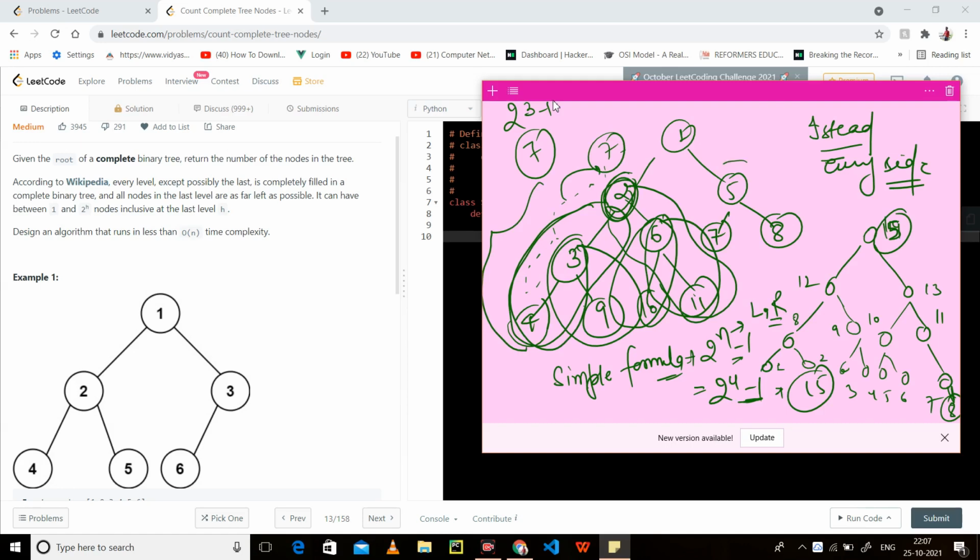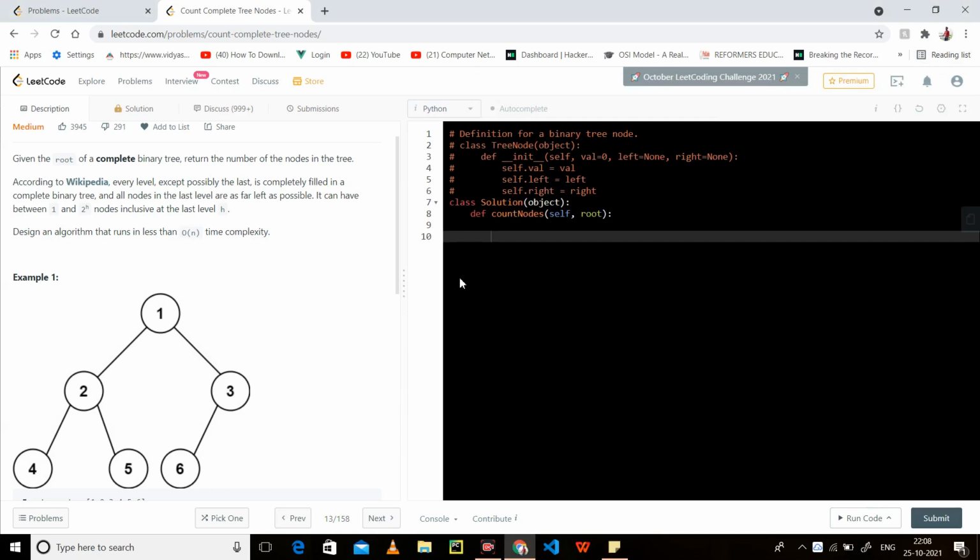We have to traverse just this one, and in this case as well, this is left, this is right. When you come here, you can see that these two are equal, so you simply return 3, because 2 to the power 2 minus 1 is 3. Then 3 plus 7 plus 1 will be 11. So 1 2 3 4 5 6 7 8 9 10 11, that has 11 nodes. I hope you have understood. I will implement it as quickly as possible. So let's begin.